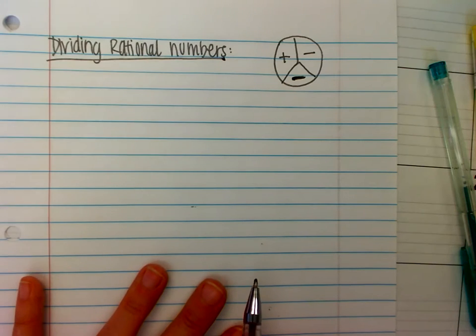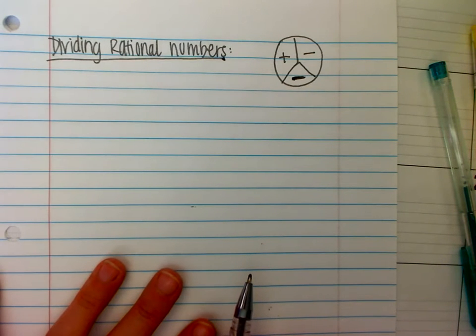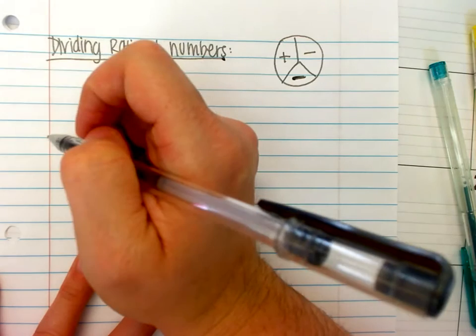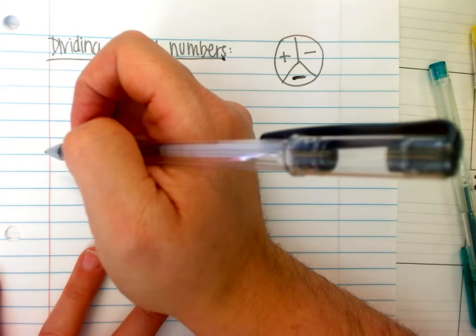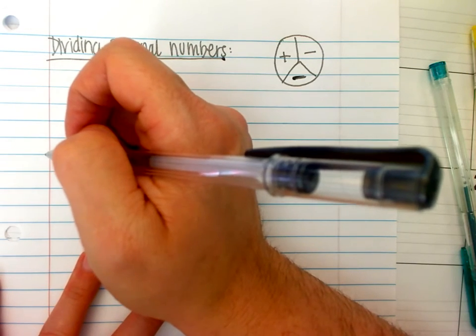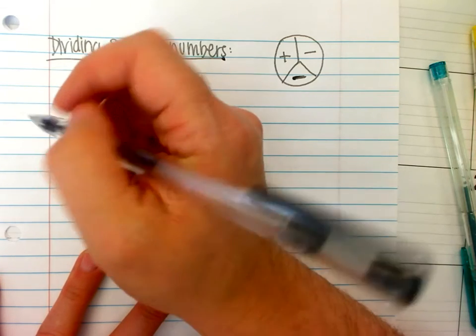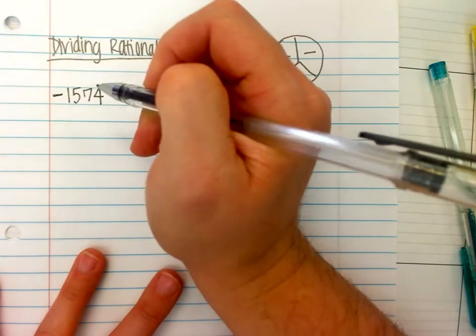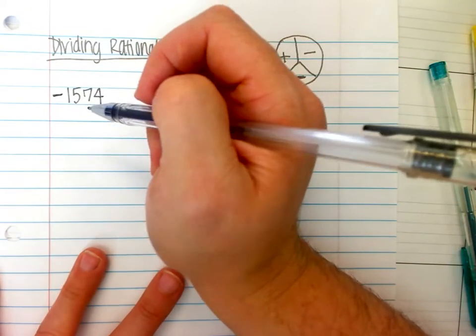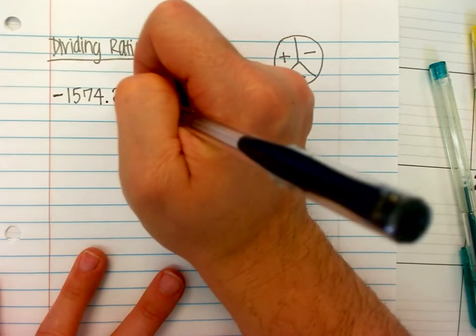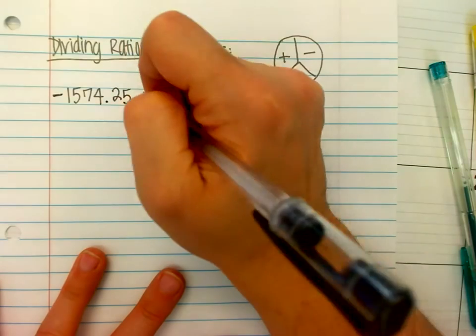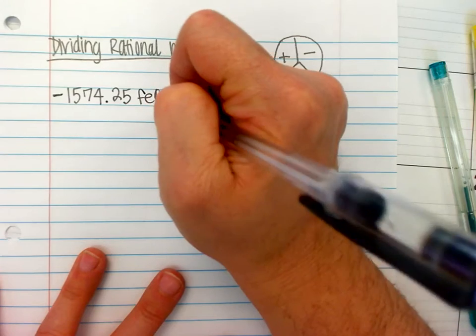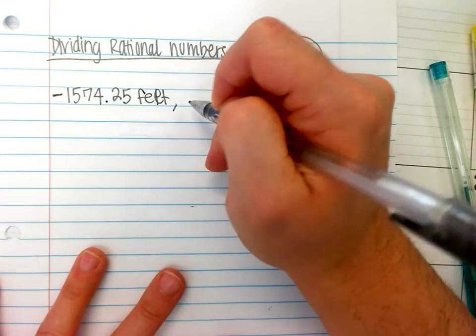All right, so we're going to look at a well drilling company. And the well drilling company has decided to drill different days. They've done 4 days, and the first day they drilled 1,574.25 feet down. The second day they drilled